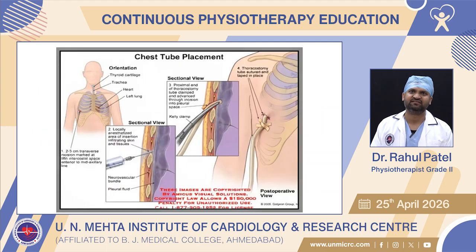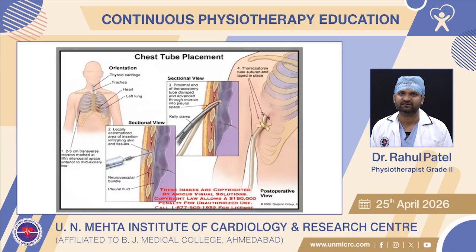Let's see the image. Chest tube placement. Thyroid cartilage, below it the trachea, heart and lung size. Let's see the section view. Fifth intercostal space, proximal and